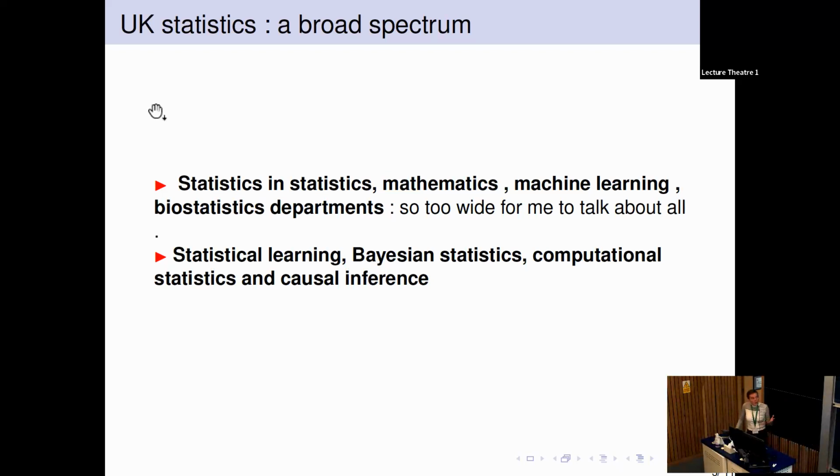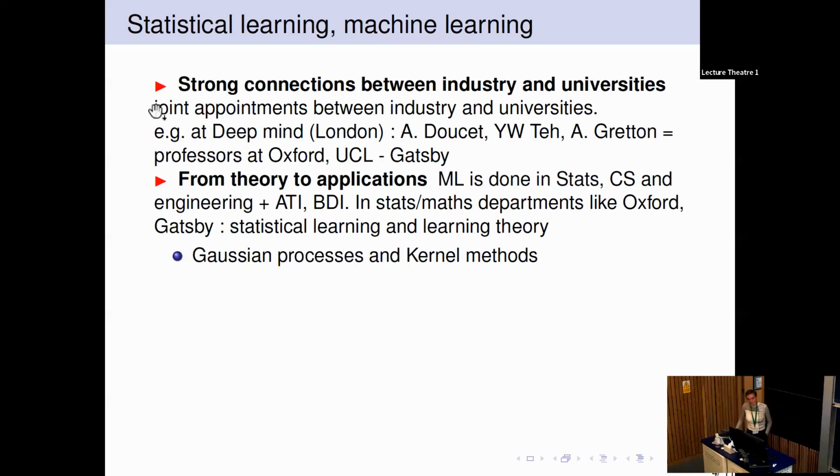So this is very wide, and as I said, I'm going to focus on Bayesian, computational, statistical machine learning and causal inference. First, statistical machine learning. This is a growing field and it's super fashionable. It used to be called machine learning, and it was super big. And now it's AI, and it's even bigger. But it's all the same continuation of the same thing, in a sense.